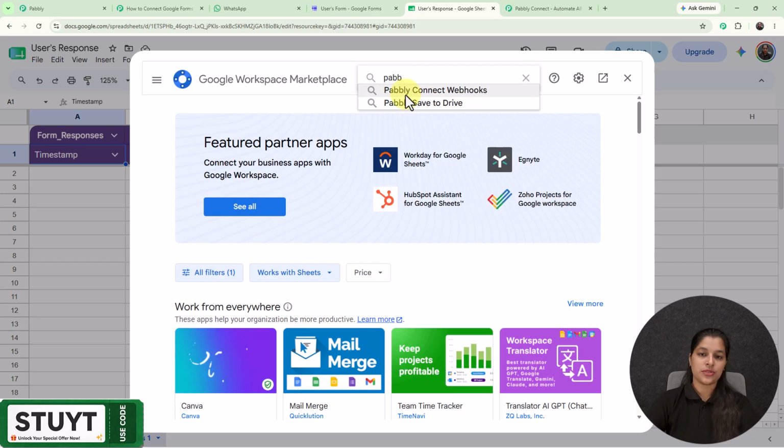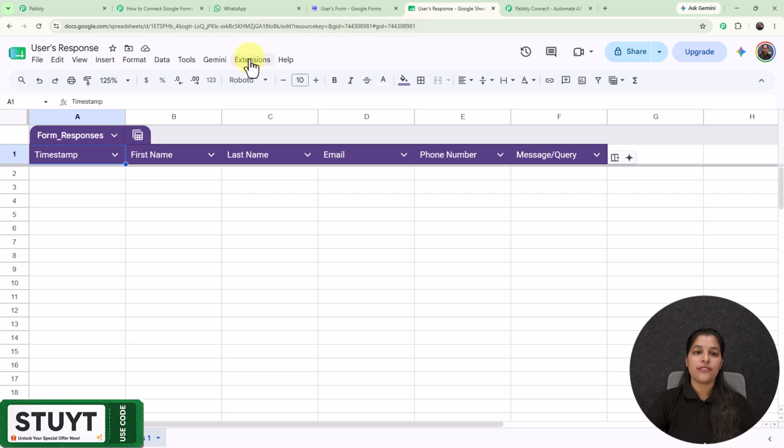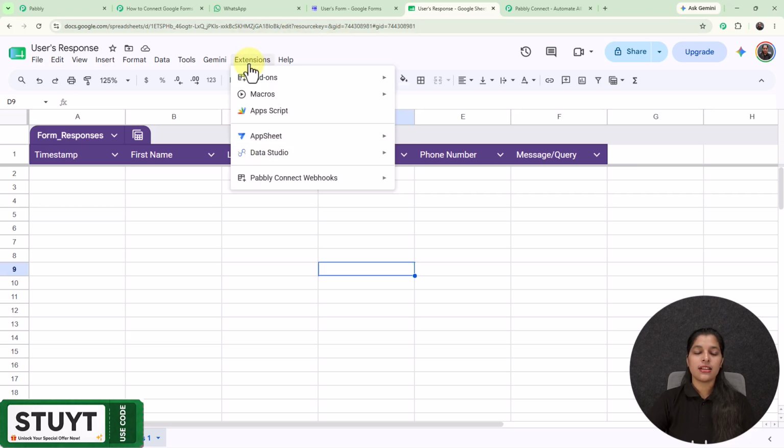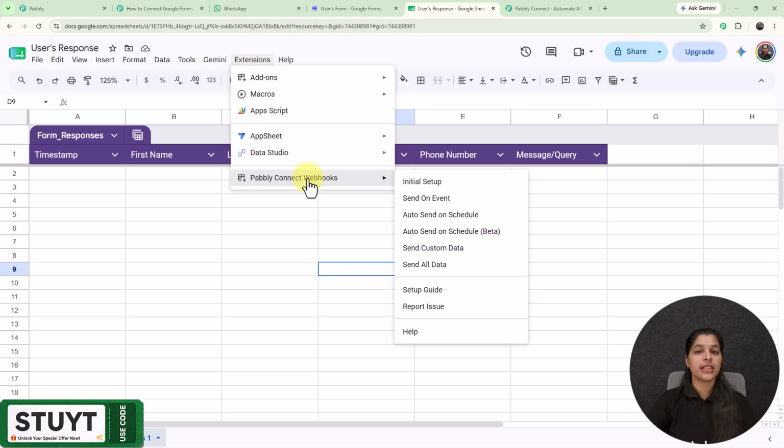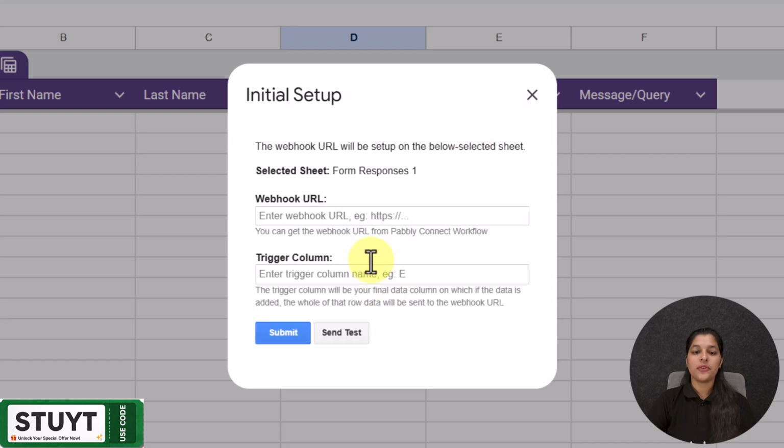So here I'm going to search for it, and right here we are getting this app which is already installed. So make sure to firstly install it, and afterwards again you have to go towards extensions. And here we are getting this option for Pabbly Connect webhooks, where you have to select this initial setup to get the initial setup dialog box, where we are going to add the webhook URL which we have just received